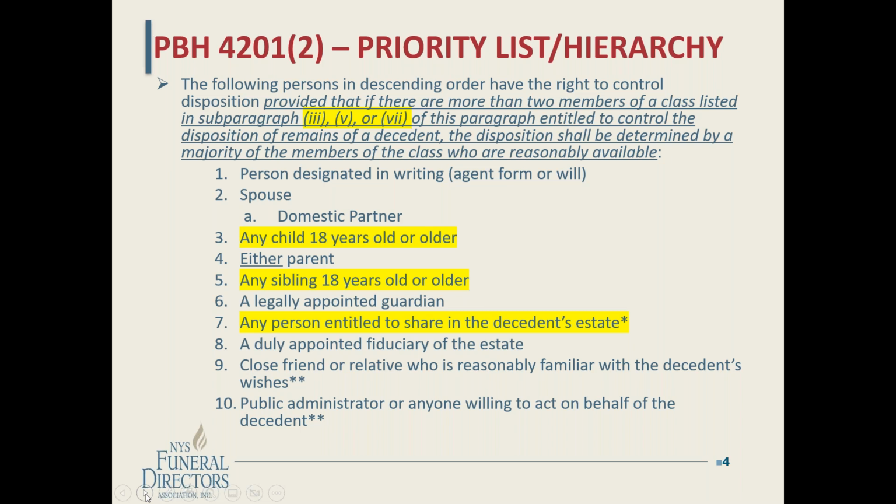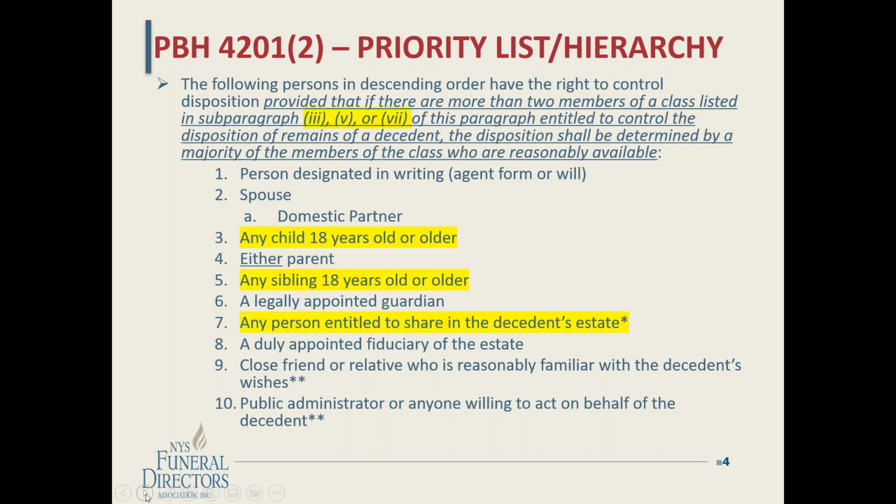The last thing I'd like to mention before I get into the asterisks on this page is power of attorney. We get that question a lot, whether the power of attorney can serve similar to an agent. So a power of attorney is not on the priority list. You don't see power of attorney listed anywhere on this list. If somebody appoints another as their power of attorney, and I'll call it a general or full power of attorney, as opposed to one where you check the box and say you're in charge of my banking transactions only or my real estate transactions,